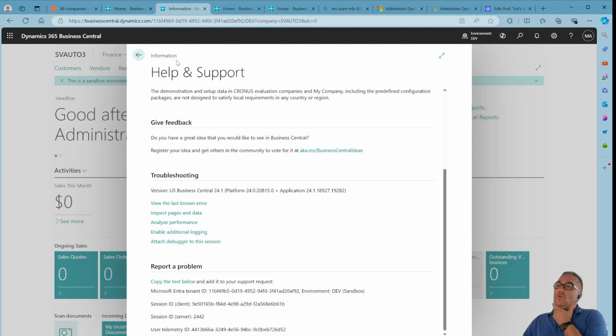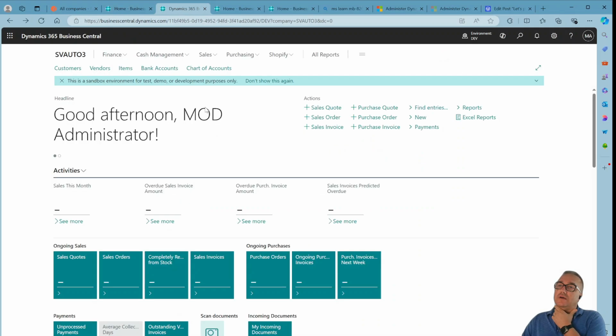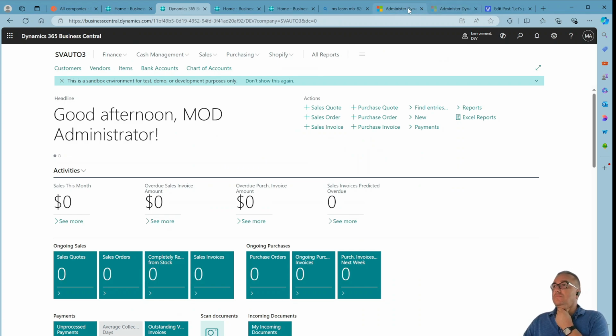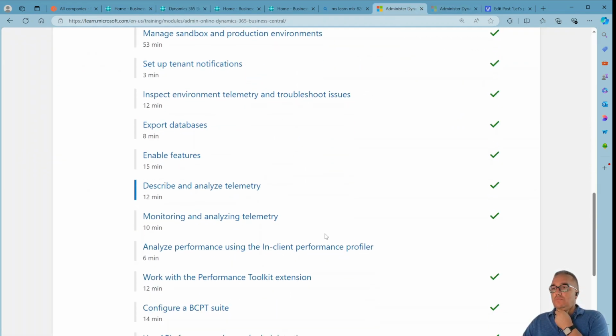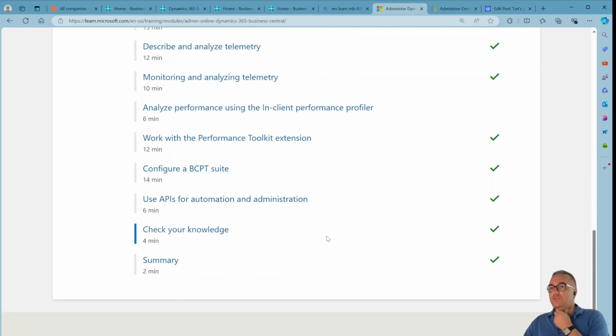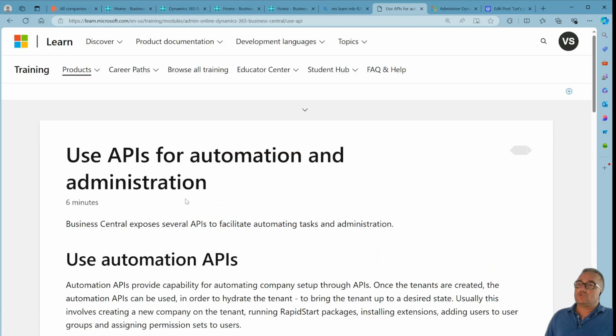Now when we create, let's go to the lesson. The one thing I want to cover today is this lesson: use APIs for automation and administration. So